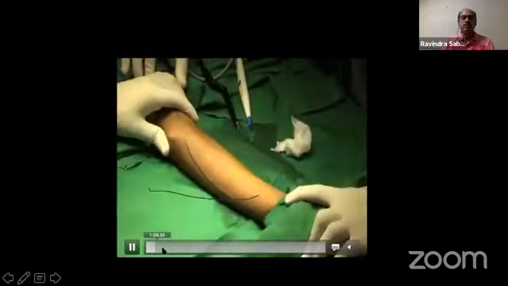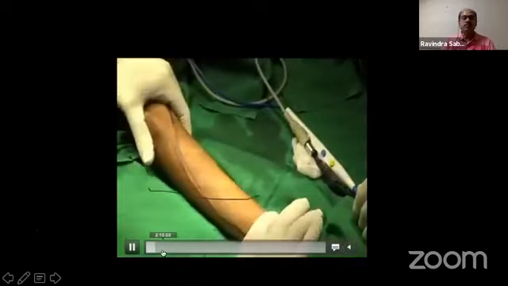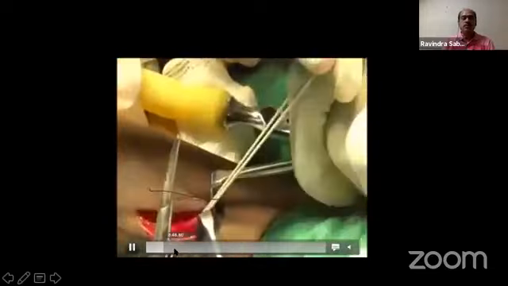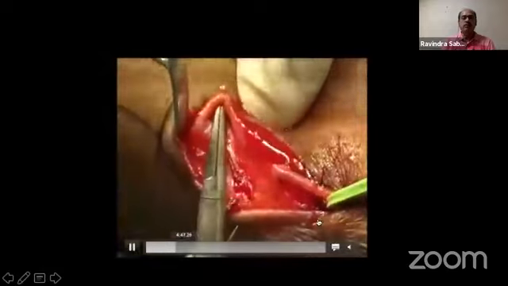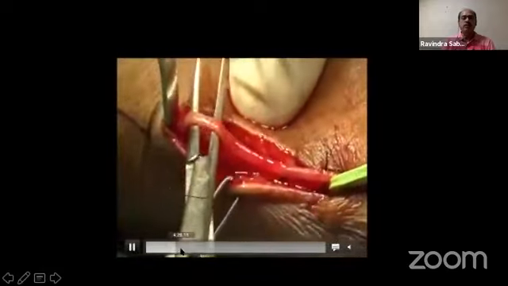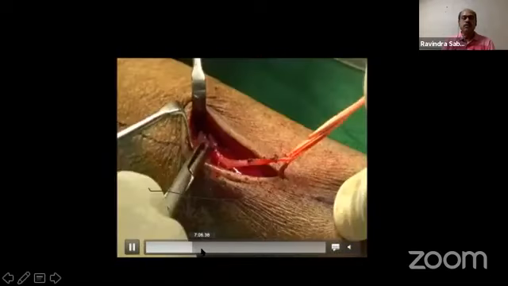This is how it can be done. This is a very simple thing. Once you understand the principle of it, there is nothing much. Multiple incisions, and the whole length of the forearm vein can be dissected right from down to up, because that is the site where you want to bring it into the lateral side. So this is how it can be done.